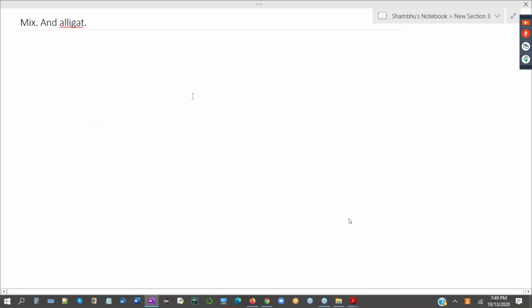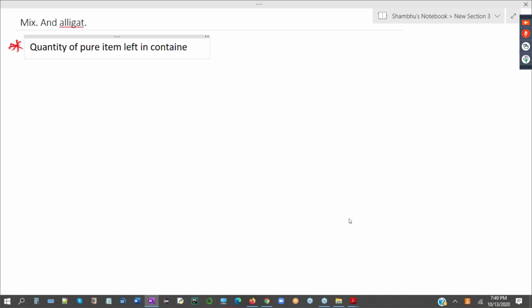Now one last point we have in this mixture and alligation, and this is a very important point. Quantity of pure item left in container after